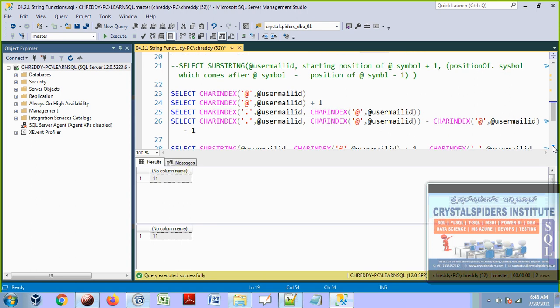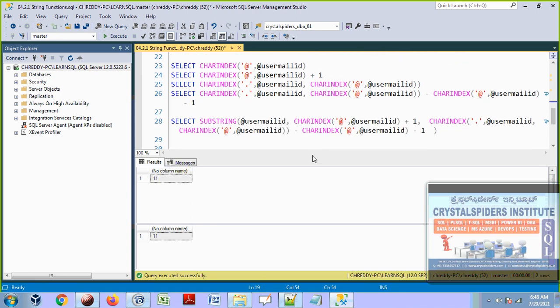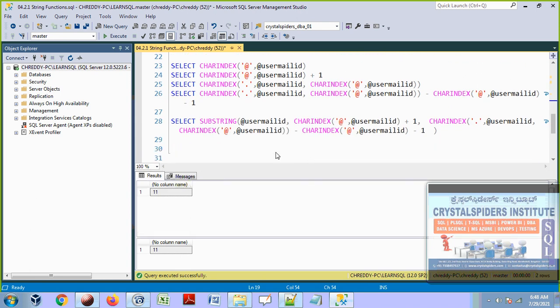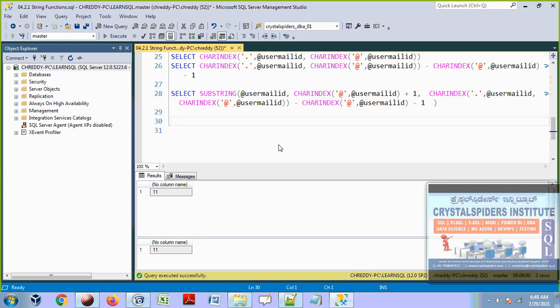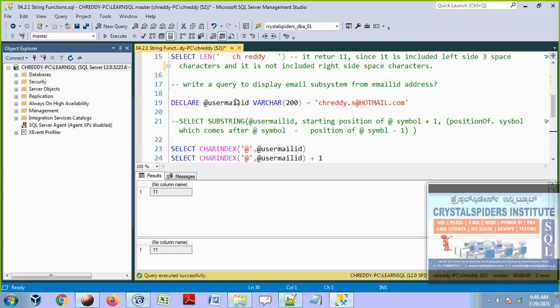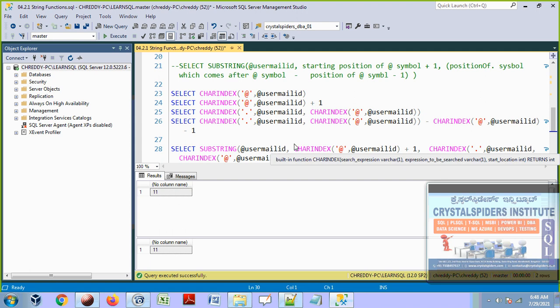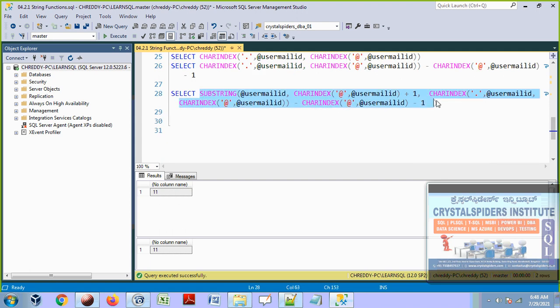Okay, so now here, same thing I have written again one more time. I don't know why I wrote it, but let's have it. Same thing, guys. Because we are going to use this logic now on the actual SQL query. Instead of the variable name, we are going to put one column name. Instead of this variable everywhere, we are going to put one column, that is the email ID column from employee checkout.